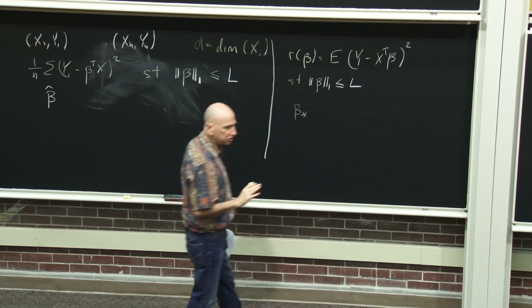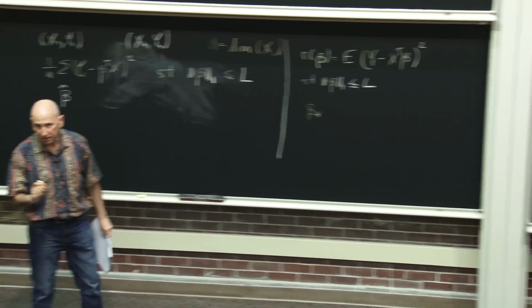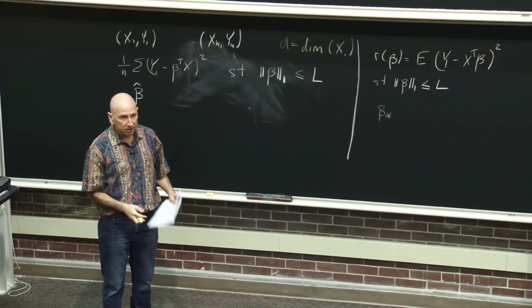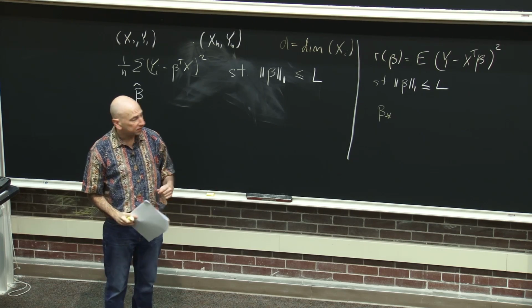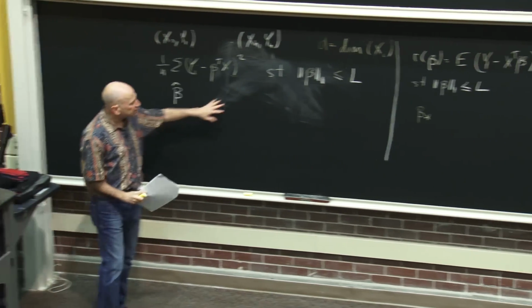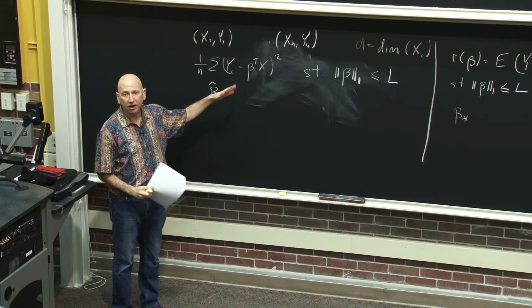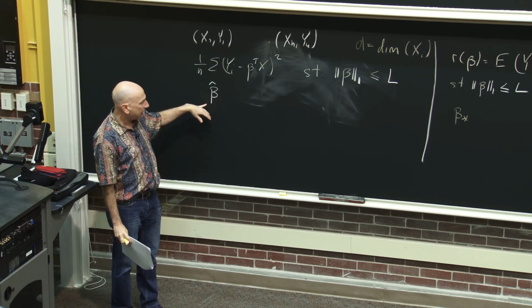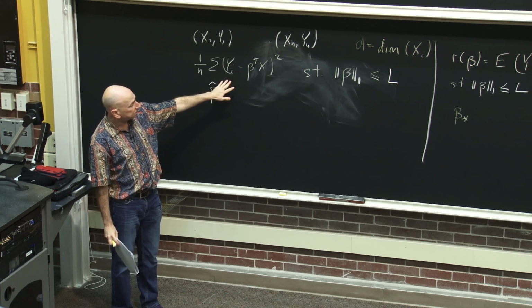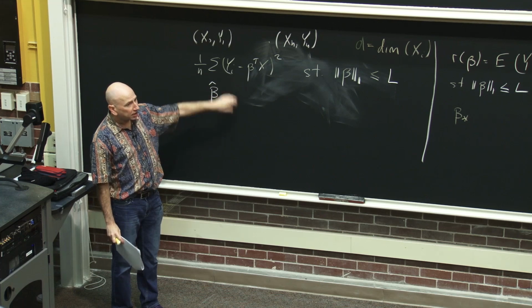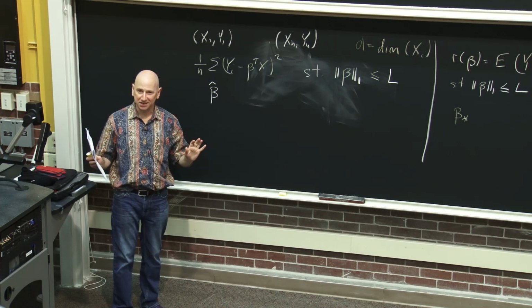So just like in least squares, there was the best linear predictor and there was the least squares predictor. So there's a sample version and a population version. It's the same here. There's the thing that comes out of the lasso when you fit it in R or MATLAB. You get out a beta hat. It's minimizing this problem.